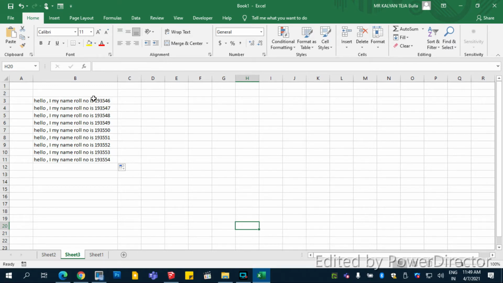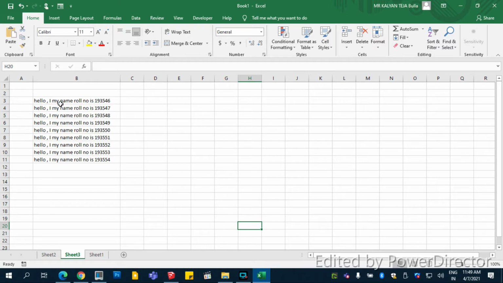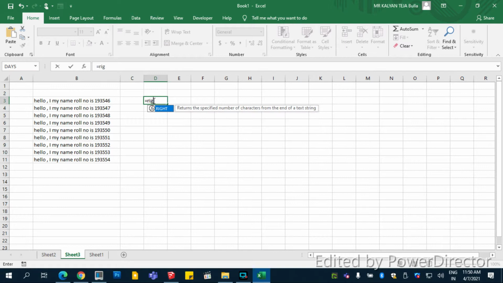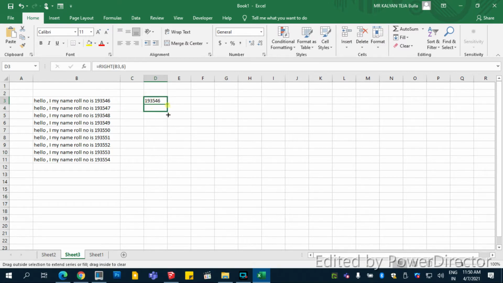Say we have a list of numbers with strings or text, and we need to get only these numbers out. So we use the command equal to. First, see where the letters are located. They are located in the extreme right. So we would type RIGHT, and this is the text. We selected the text, comma, and the number of characters you want to extract is 1 2 3 4 5 6. So you write 6 and close the parenthesis, enter. So you get the number and you can drag.